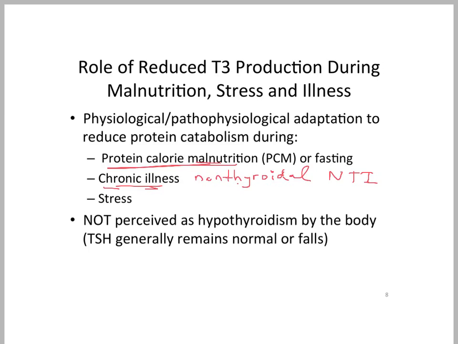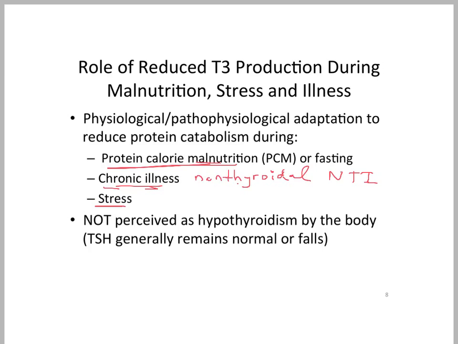Well, it's believed that the reduction of T3 happens to protect the body from wasting too much amino acids, breaking down of protein in the muscle, leading to gluconeogenesis. So this is a sort of a buffering effect to keep from overt amounts of protein catabolism. We also see effects of stress, and glucocorticoids can also have effects on some of these pathways. The important thing for the clinician is that these changes are physiological or pathophysiological. They're not pathological,